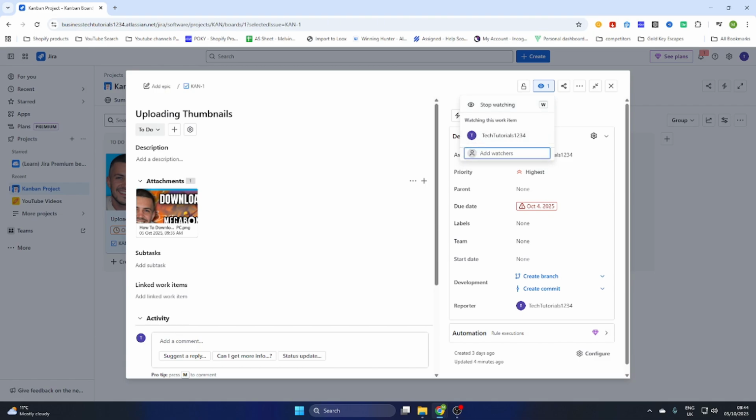Now if you type the name of the new watcher which you want to add into this list, it will appear. Once you have added the name, the watcher will be added into this task. And this is how you add